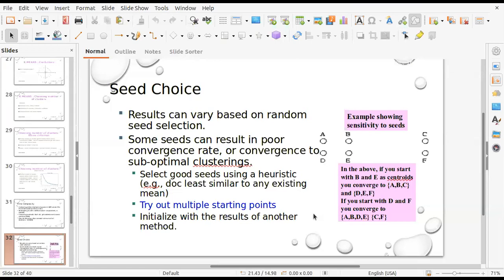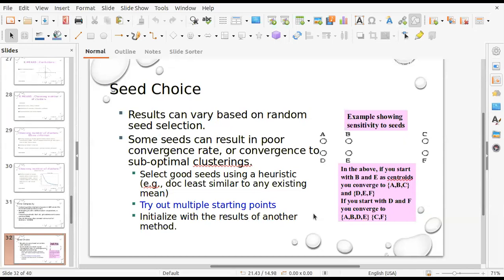Okay. So this is one, but it is possible that this may take a long time, and it is very difficult to decide this SSE criteria. Offhand, looking just at the points and their arrangement, it is very difficult to decide the threshold value. If you are an expert in that field, then maybe you can, or you can do it on a trial and error basis. But deciding this SSE could be very crucial.